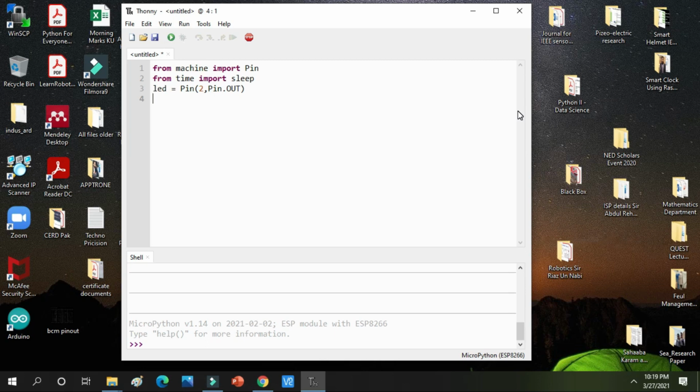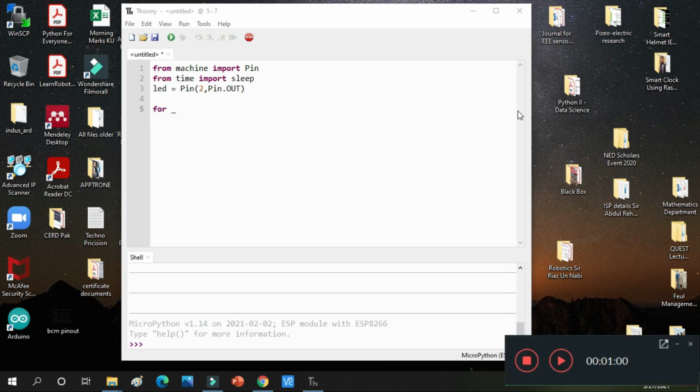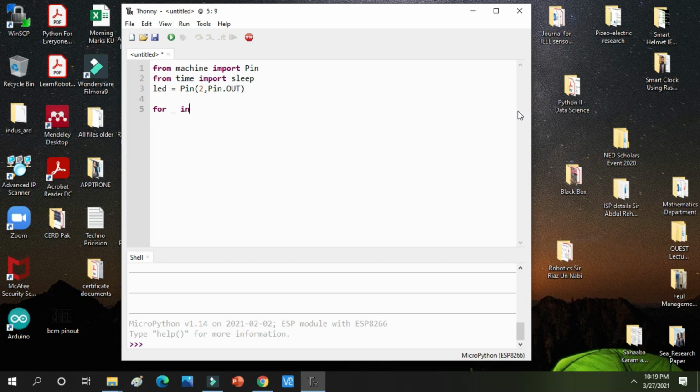Now you have studied while True and for loop as well. I am in the for loop, and I am not using any variable in the for loop. I am writing in, and after a space, range, and after the range I am giving 10, so the loop will run 10 times.